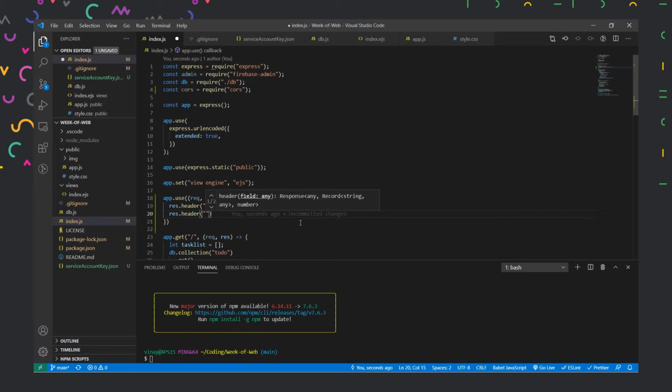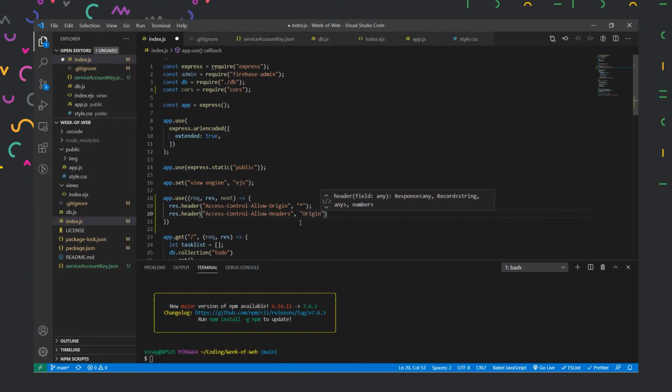So here I'll type Access-Control-Allow-Headers. Whatever header we have defined now should be allowed as well. What headers should be allowed, we will define in a different array or string.